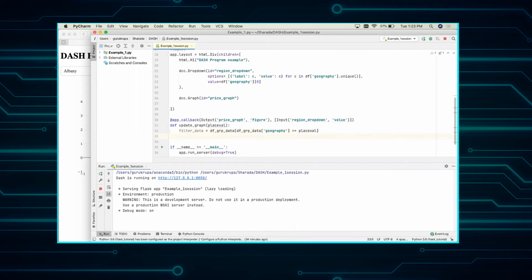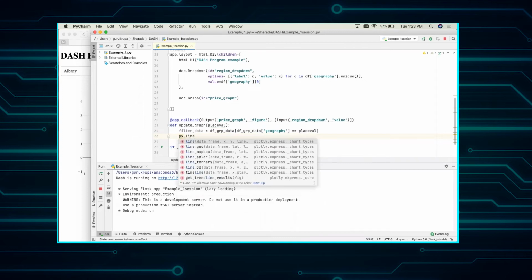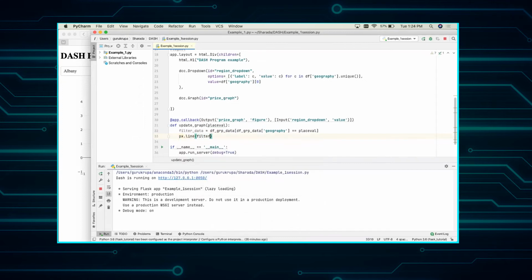Now let us create the line graph using the new data which we filtered. The x axis would be the date and y axis would be the average price, and for color we will pass the type of avocado.